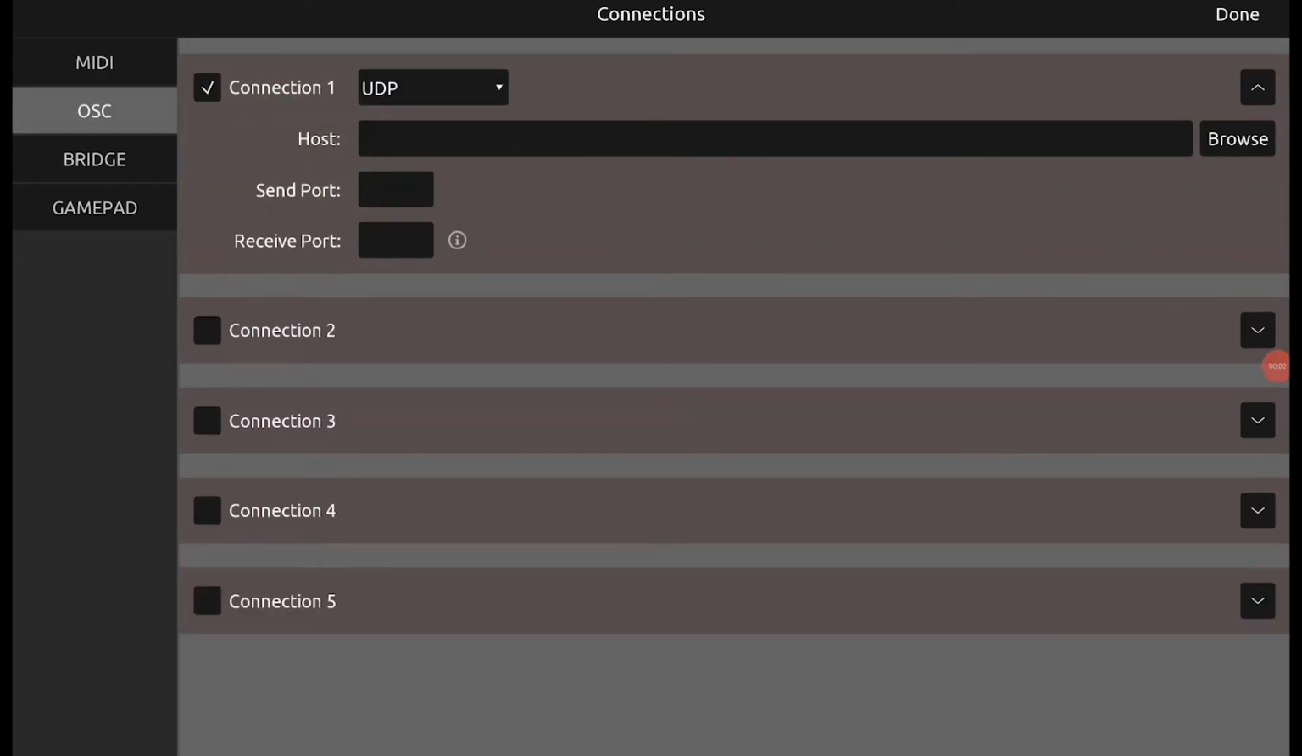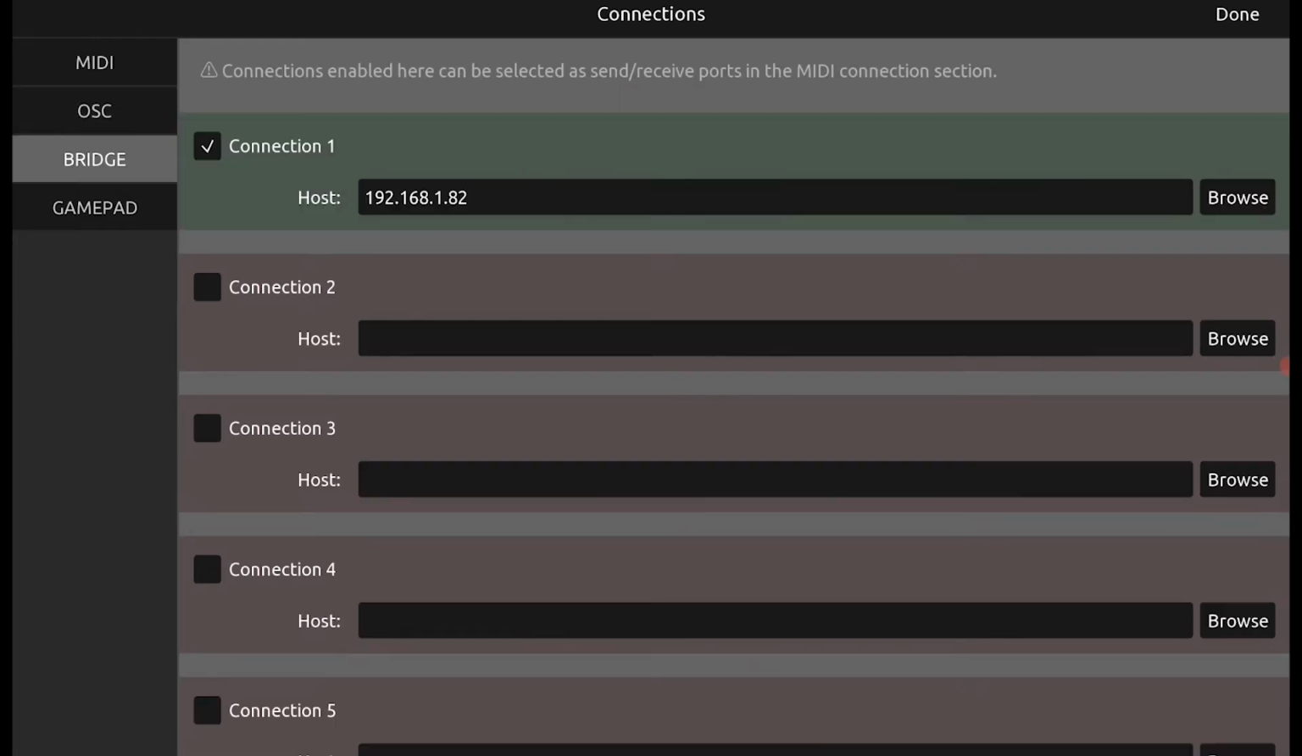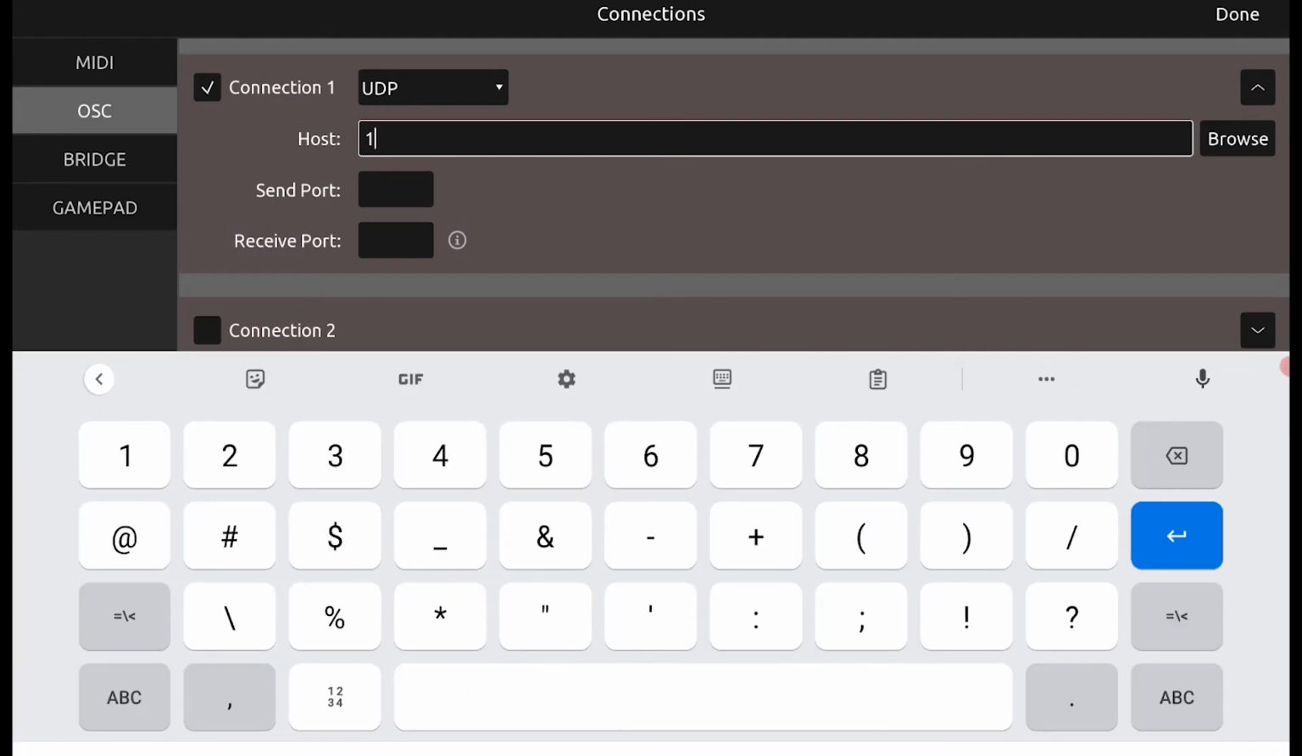Now click to the OSC tab. This is the protocol which allows Mirror to get keyboard shortcuts from Reason. Your host field is the IP address. If you want to find it, it will be in the Bridge tab we just set. Find it, come back, type it in over here. In the send port